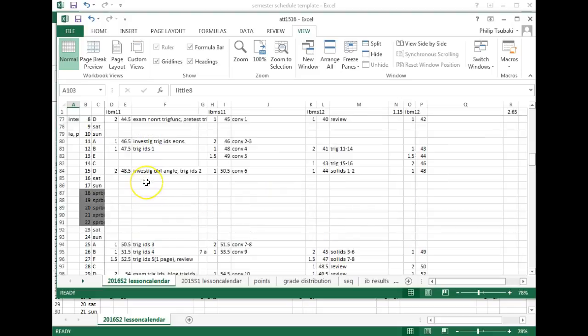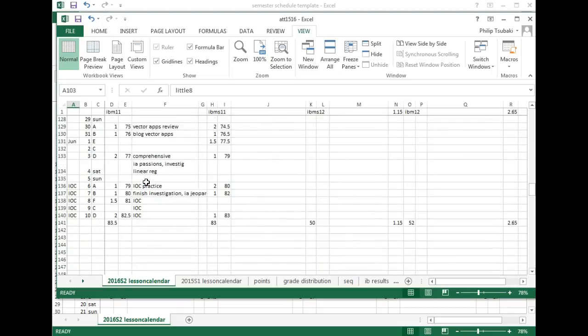Okay? One thing that I can see at the end of the year is that, for example, my 11th grade IB students are going to have 83 and a half periods or 83 periods, depending on which section. And then I can see that my seniors only will have 50 periods or 52 periods before they do IB exams because they lose a lot at the end. Okay, so